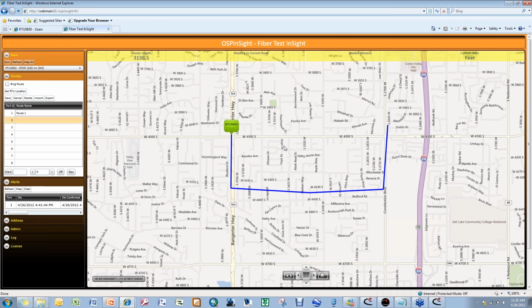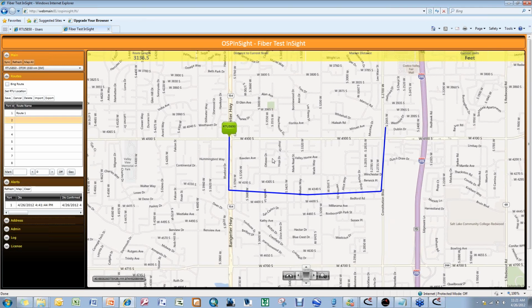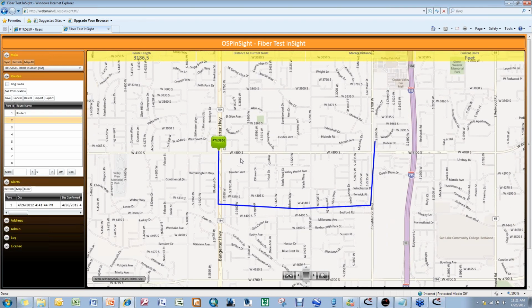The key with Fiber Test Insight is it's designed to draw a fiber route. The lines that you see don't necessarily represent cables. If I click on this line, I don't really get any information about it. It just represents a fiber route. So for instance, this fiber route that you see right now,